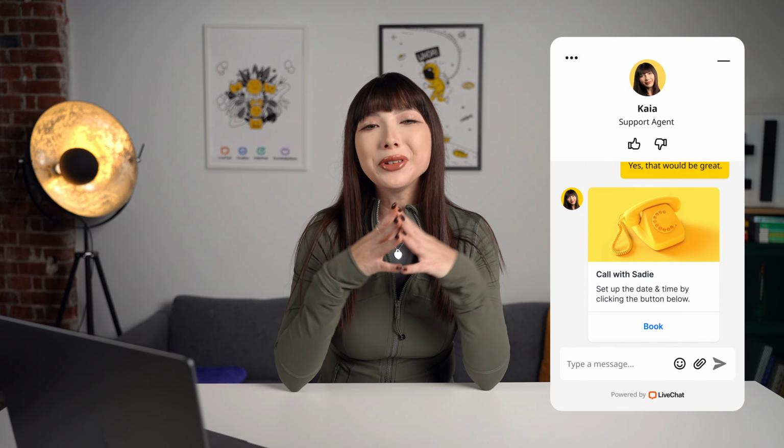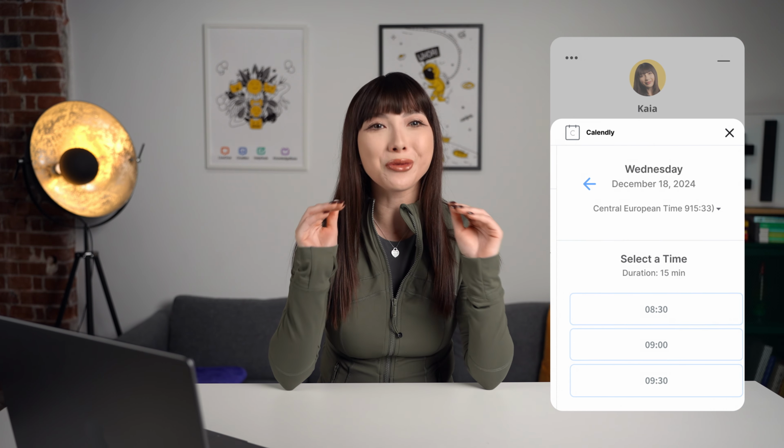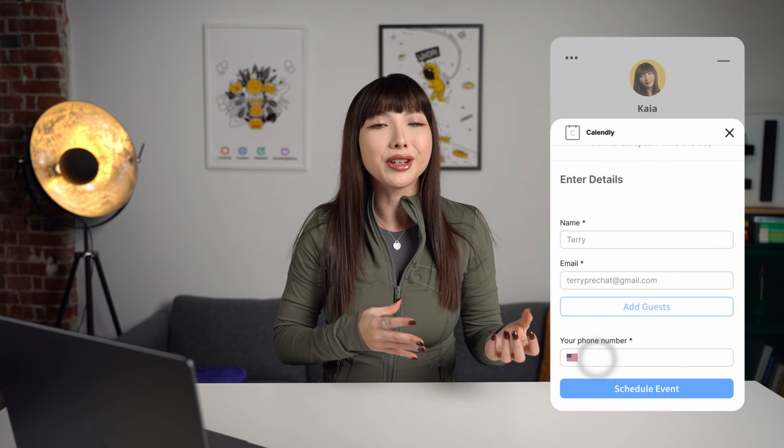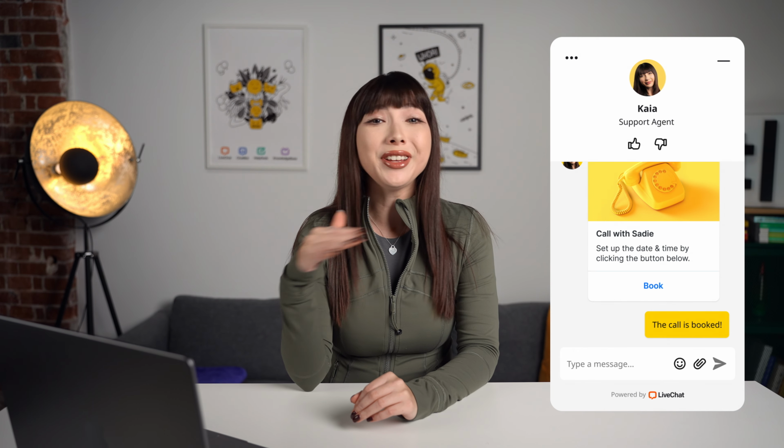Scheduling meetings with leads or customers doesn't have to be a hassle. With the LiveChat Calendly integration, you can let visitors book a time with you directly in the chat widget. No back and forth emails needed. Whether it's a product demo or a quick consultation, the process is seamless and efficient, with events added to your